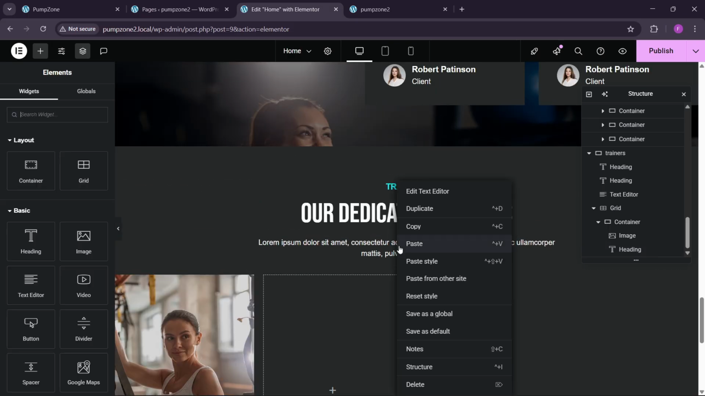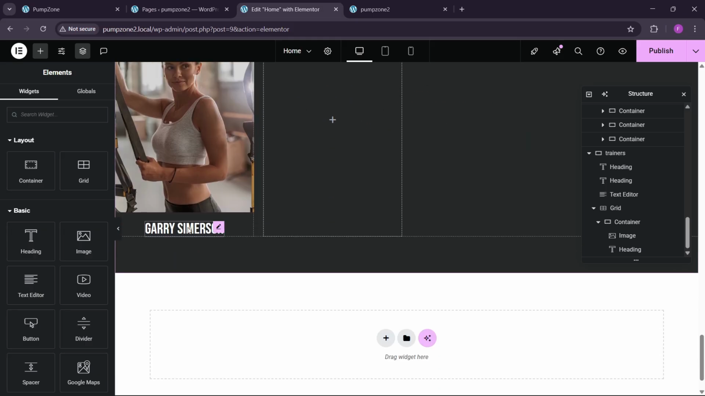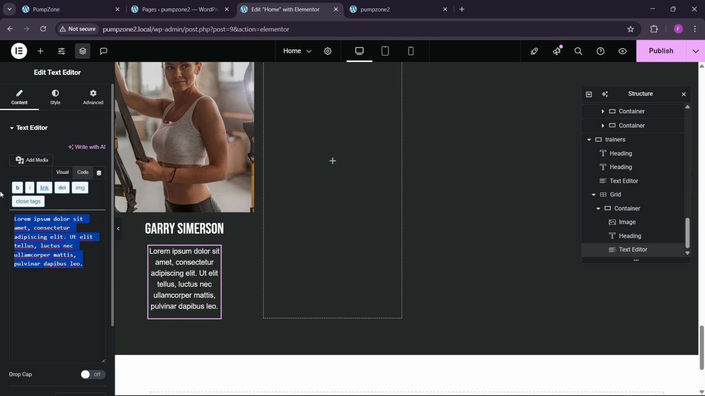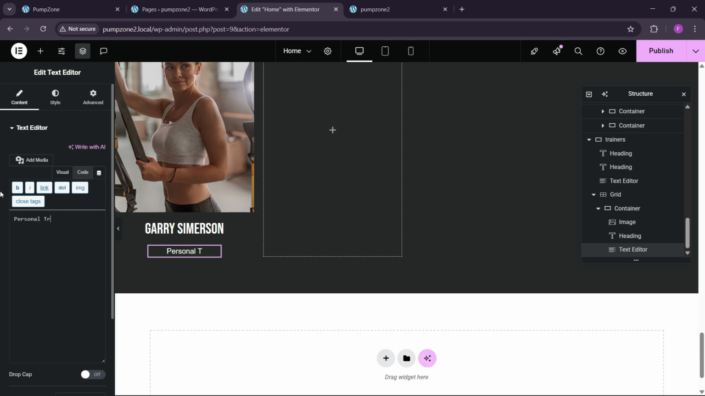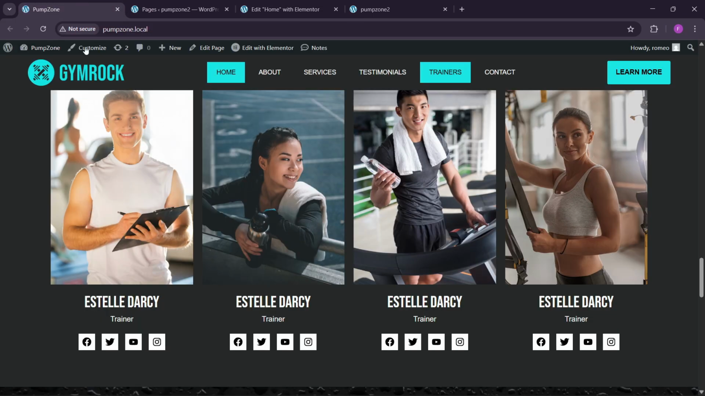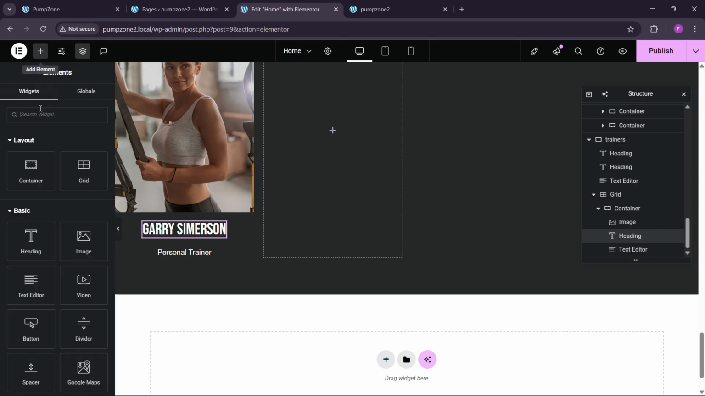Okay, now you can see that we can just copy this, paste it, and this would be personal trainer. Okay, and this size would be 235. Personal trainer. Now we can have the social icon, so let's search for the social icon,